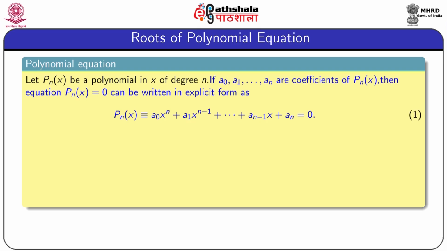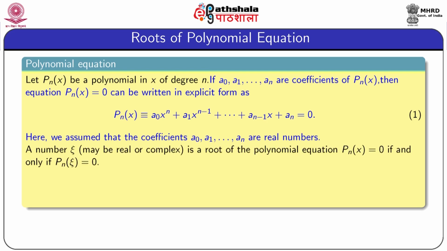Then the equation p_n(x) = 0 can be written in explicit form as a0 x^n + a1 x^(n-1) + ... + a(n-1) x + an = 0. This is the polynomial equation of degree n. Here we assume that all the coefficients a0 to an are real numbers,